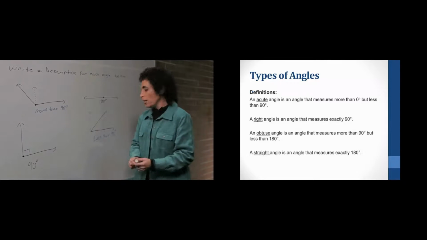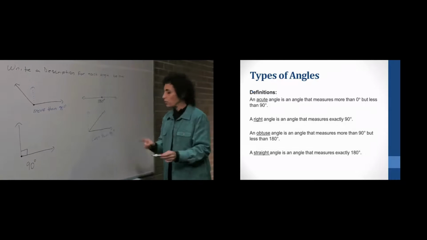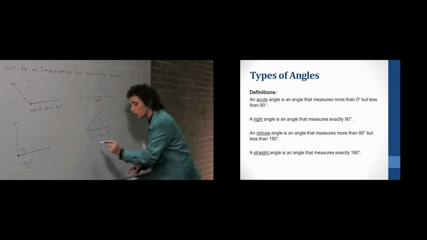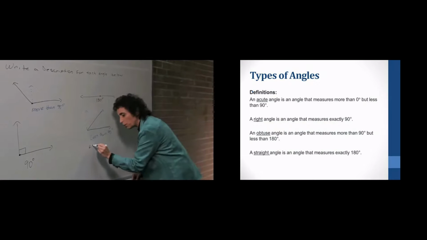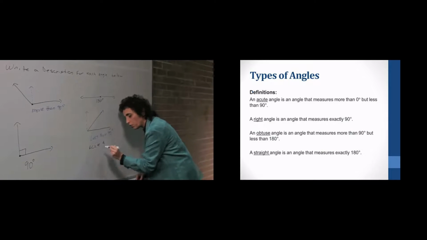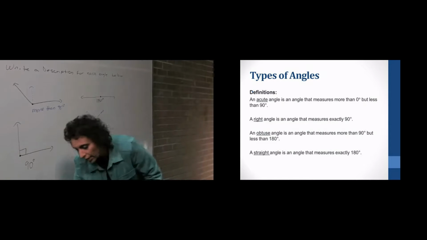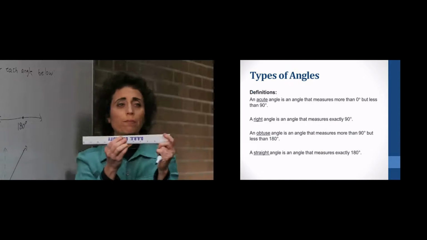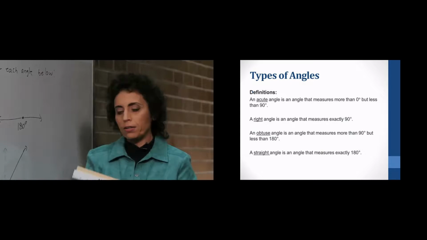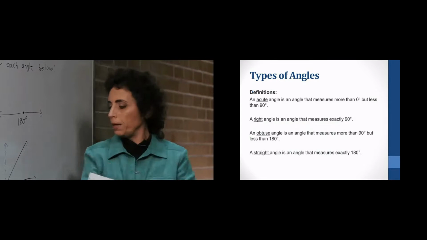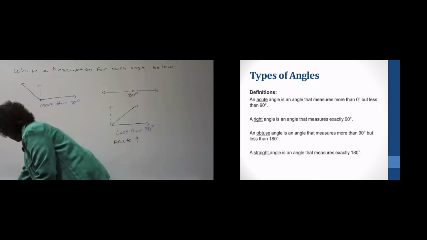That was funny. Okay, an acute angle is an angle that's more than 0 degrees, so it has some rotation, but less than 90 degrees. And that's in your workbook, but we'll just name this one. This is the acute angle, because 0 degrees would be no rotation. See, handy dandy rulers. 0 degrees would be I'm not moving at all, no rotation, but less than 90 is not as far as this, but anywhere up to that. Okay, so that's an acute angle.